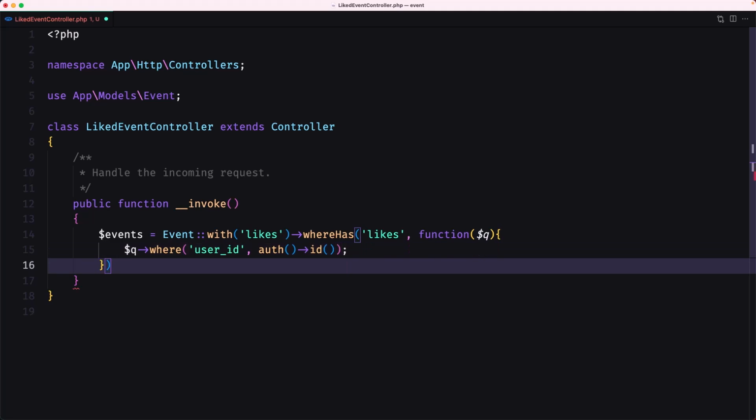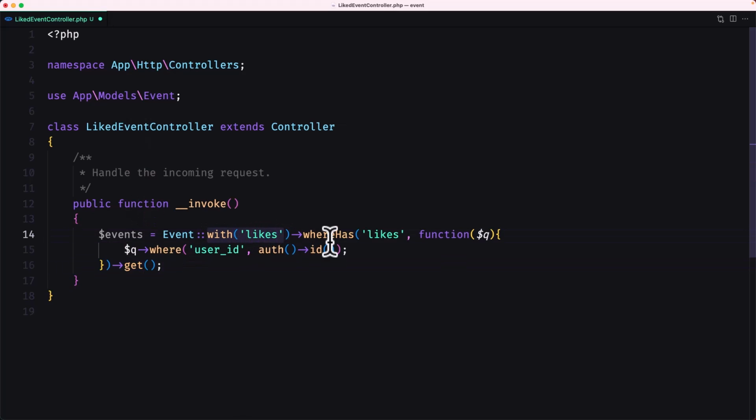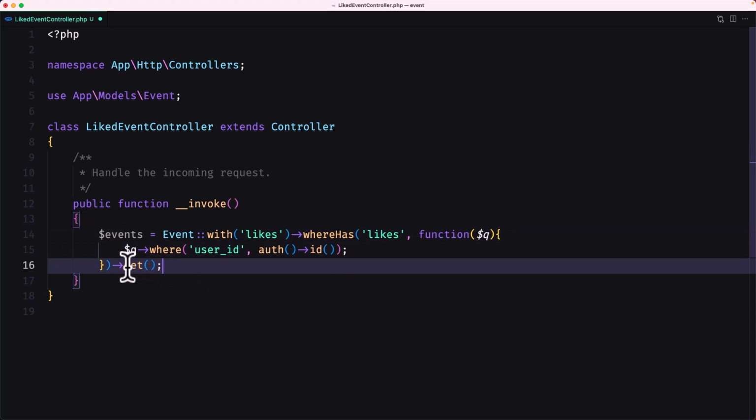And then let's say here get. So event with likes relationship where has likes and function query. So the query, which means the likes where user ID is auth ID, and when we call now get, it's going to get all of them. And let's return